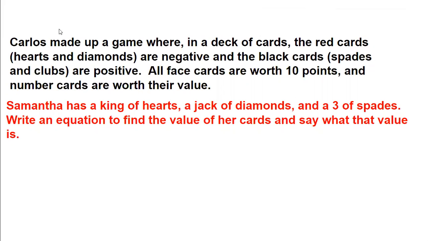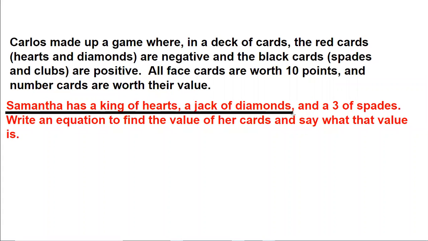So we could say that Samantha has a king of hearts. So Samantha has the king of hearts. So let's underline king of hearts. And the jack of diamonds and the 3 of spades. Write an equation to find the value of her cards and say what that value is. So we would say that